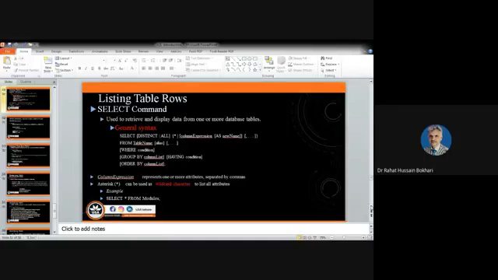So at this moment I will give you a brief overview. An example is written at the bottom: select star from modules. Star means it's a wild card. It means it will give you all the attributes that are written there. You need not give each attribute there. With the select command, you can even do some sort of manipulation. Let's suppose I have an attribute, let's suppose the basic pay of the employee.